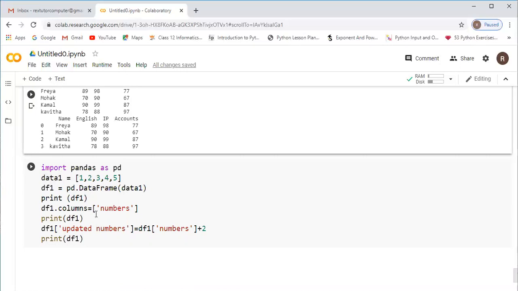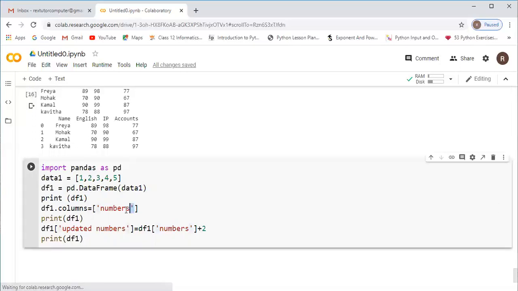And we didn't give any column name, nothing. So what will happen by default, if we didn't give the column name, it will take the column name as 0. Other than that, if you want to give a column name, then we have to use the keyword df1, that is our data frame object, dot columns. Columns is equal to whatever column name you want to give, that you have to type within the codes. Okay. Up to here I will show you, then these two lines I will explain later.